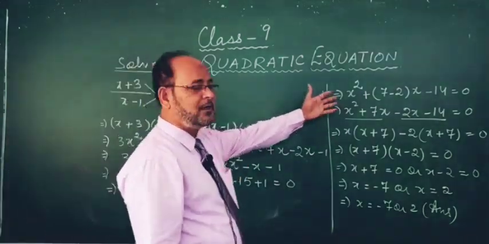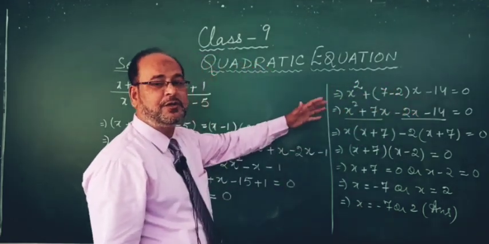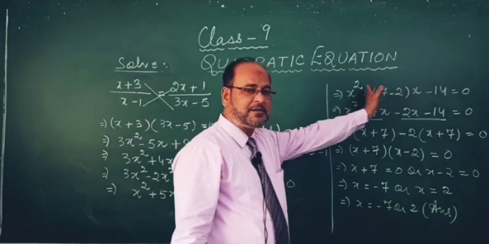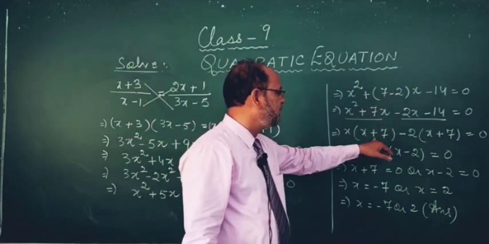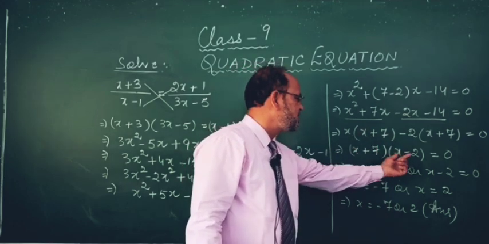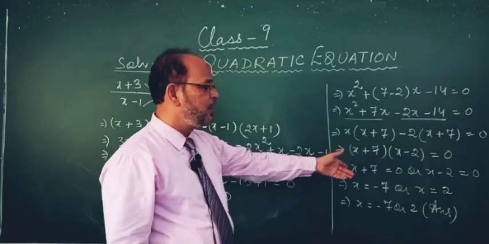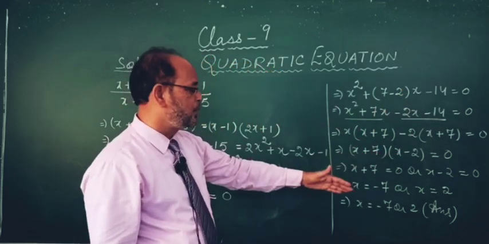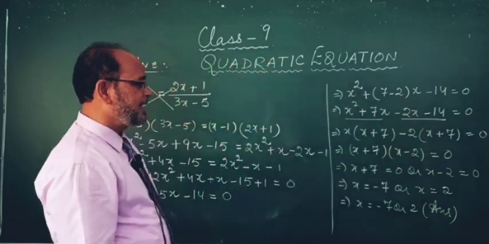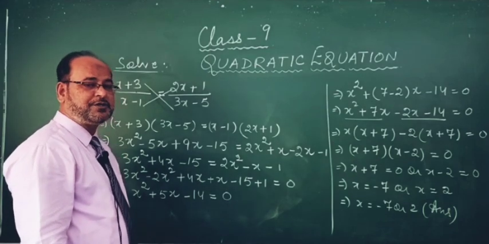And after that we will factorize this given equation by using the split method. Two factors of 14, 7 and 2, we will subtract, we will get 5x. After factorization, we will get x plus 7, x minus 2 is equal to 0. Once we put x plus 7 equals to 0 and then x minus 2 equals to 0, the answer will be x equals to negative 7 or 2. I hope you all must have understood this question.